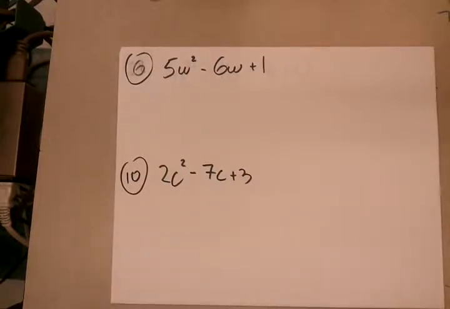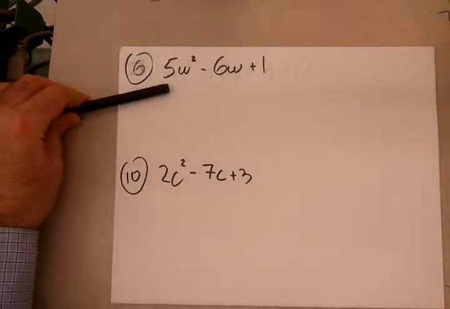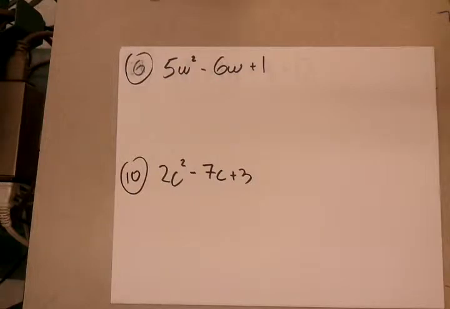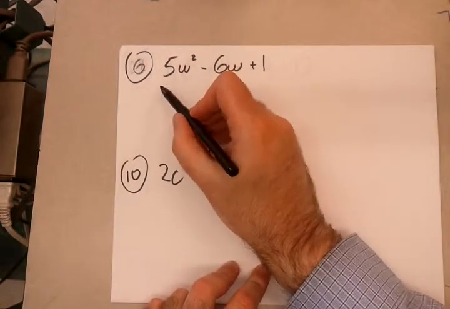Number 6 is essentially factoring of a trinomial. Now, like the 9.6 problems, you have a coefficient in front of the first term, and it's a coefficient that you can't easily factor out. The 5 doesn't go into the 6, nor does it go into the 1. So you write your 2 parentheses,